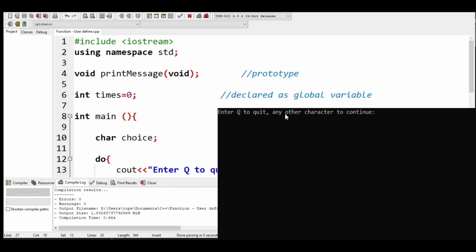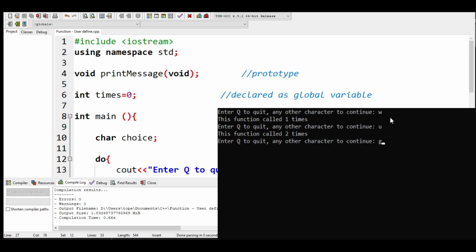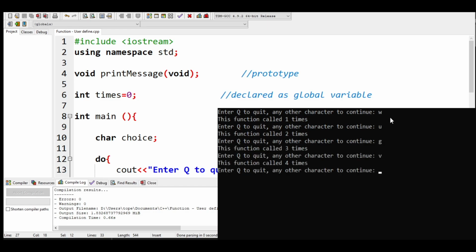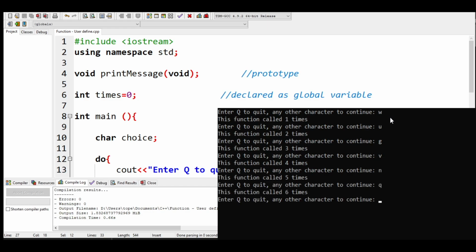So enter Q to quit, any other character to continue. For example, W, U. Okay, so how about Q? Okay, still